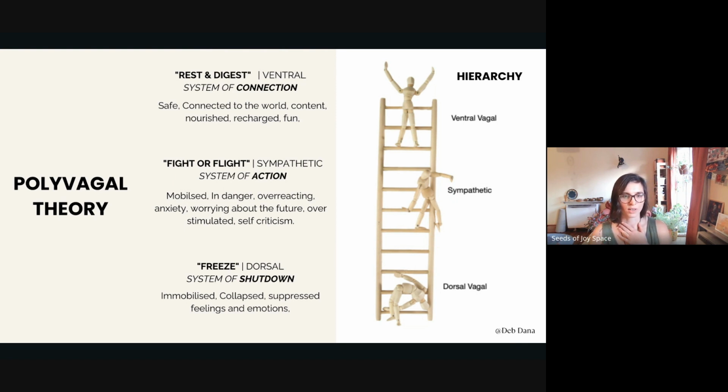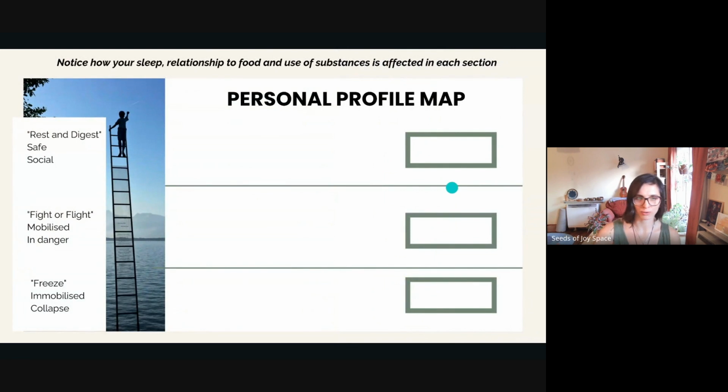Okay, so I hope that you had some time to really connect with what I've been sharing. I'm going to now invite you for the exercise, and this is where you're going to need some paper and pens and maybe some colors. So we're going to take a few minutes.